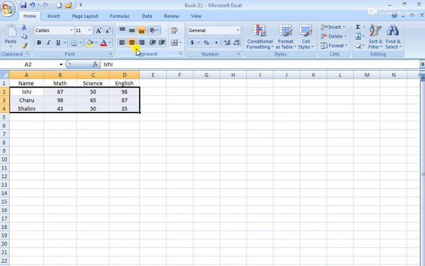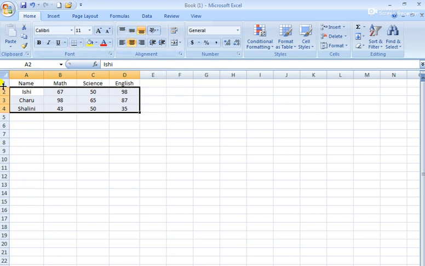Now one more thing to be configured: there are 6 kinds of alignment here, whereas in Word we have seen only 4 kinds of alignment. In Word we saw 4 kinds of alignment: left, right, center and justify, but here there are 6. Why are they? So this is the alignment for height, meaning this one works sideways, and this one is for the height.